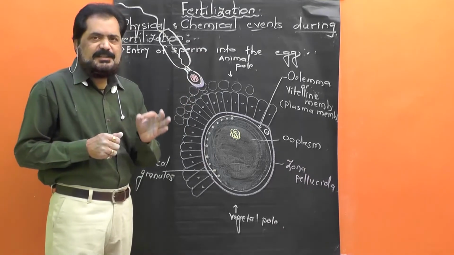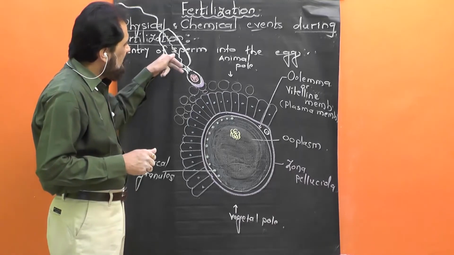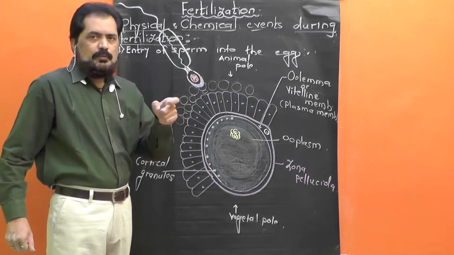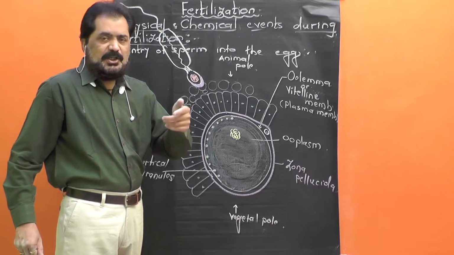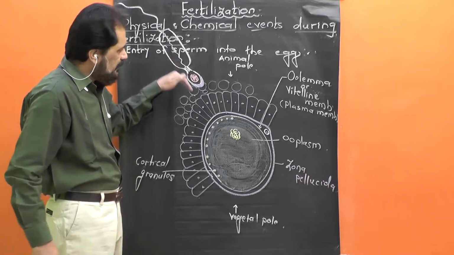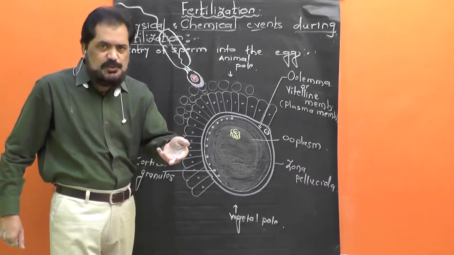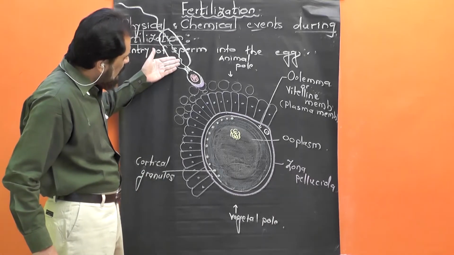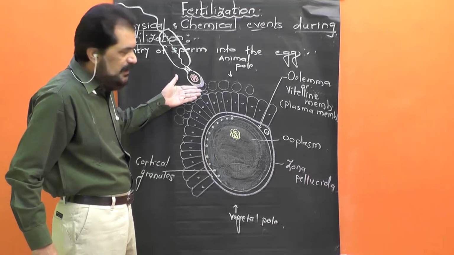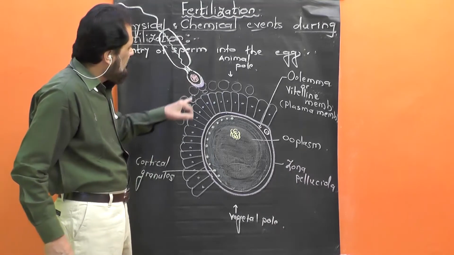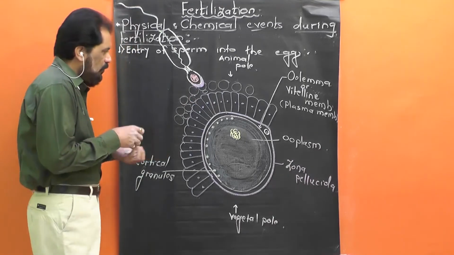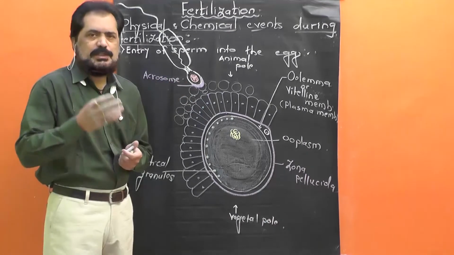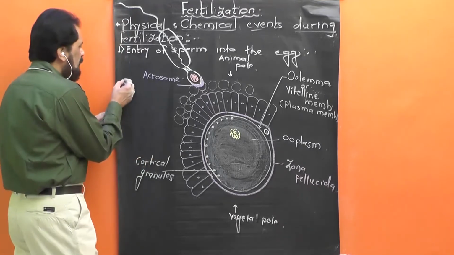Now, the capacitated sperm, when it reaches the ovum. You know the capacitated sperm, I told you a few minutes before, the sperm which has acquired the ability to fertilize the ovum. ओव्हमला फर्टिलाइज करण्याची क्षमता प्राप्त झालेला जो स्पर्म त्याला आपण म्हणतो कपॅसिटेटेड स्पर्म. Now when this capacitated sperm reaches near the ovum, usually near the animal pole, the acrosome, this cap-like structure, releases a few enzymes, namely hyaluronidase